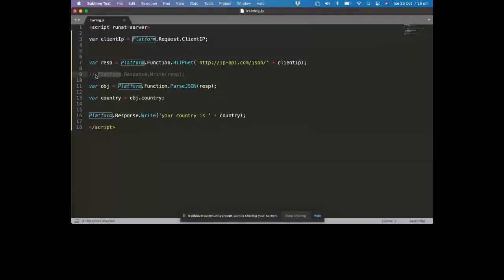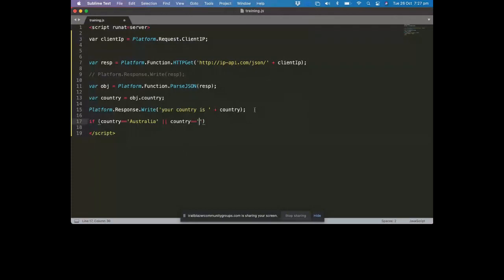And again, we can now combine this with JavaScript to maybe set an AMPscript variable, which we're going to be displaying on our web page. I typically use this MVC approach where my data model is my data extension, but for the controller, I write the code in server-side JavaScript for web pages, and then use AMPscript as a presentation layer. So let's say if country is equal to Australia, or maybe the country is equal to maybe United States,